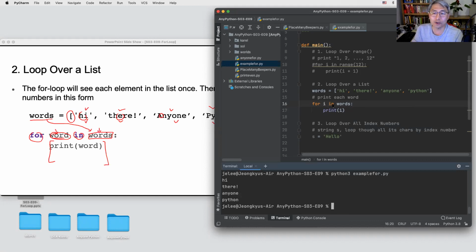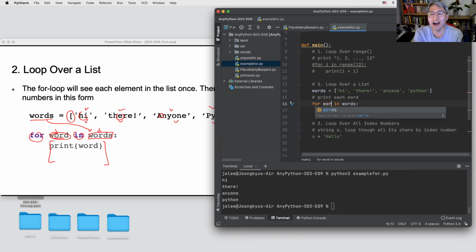But which one is better? Word or i? Which one is better? The word or i? Word is better. Why? One of the main purposes of a programming language is readability. So somebody should be able to understand your code.